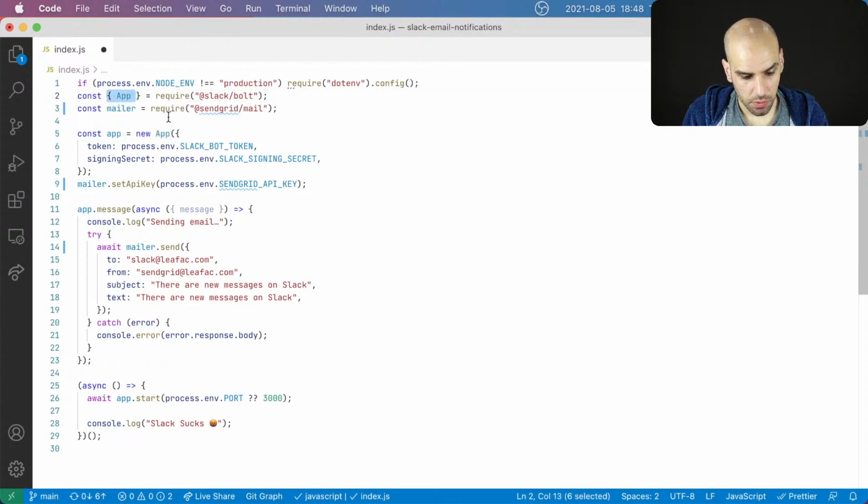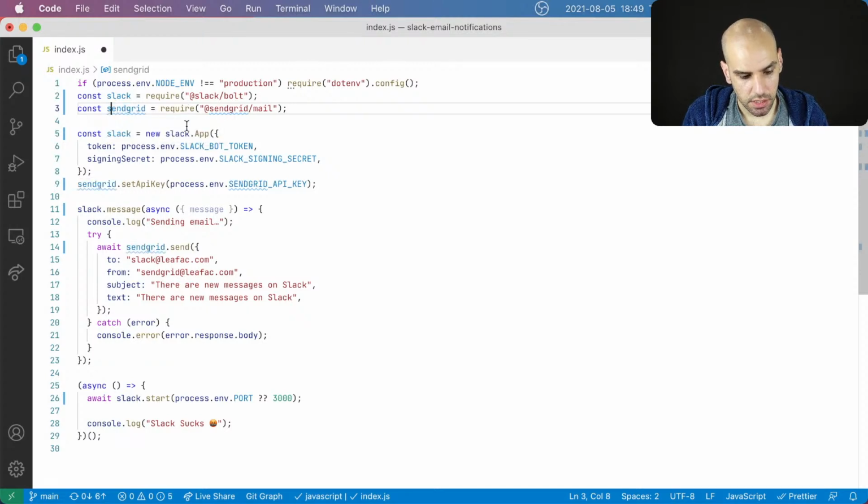Well, I guess I can require it like this, so I can say Slack, and then here I can say slack.app, and then instead of app, I can say Slack event, or Slack API, or just Slack, actually. And here, instead of mailer, I guess I'll say sendGrid.